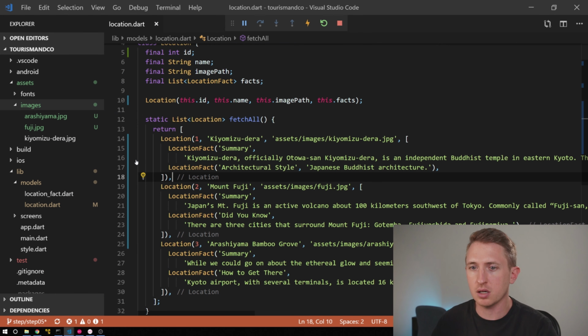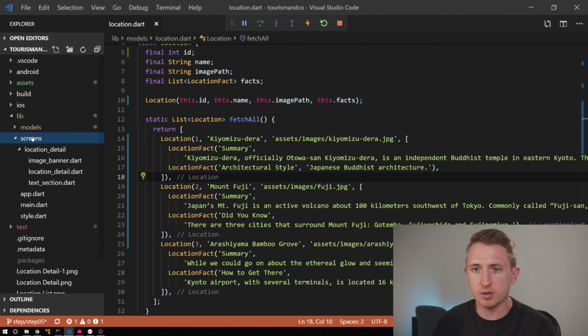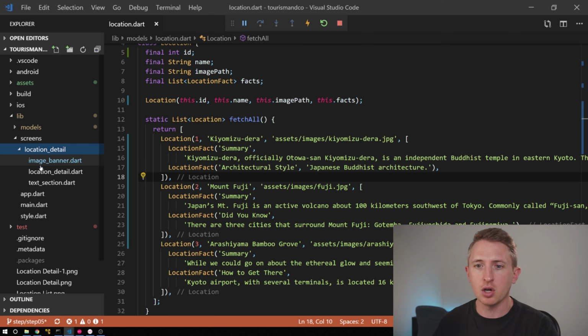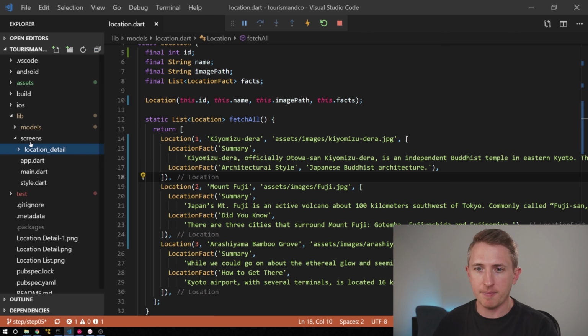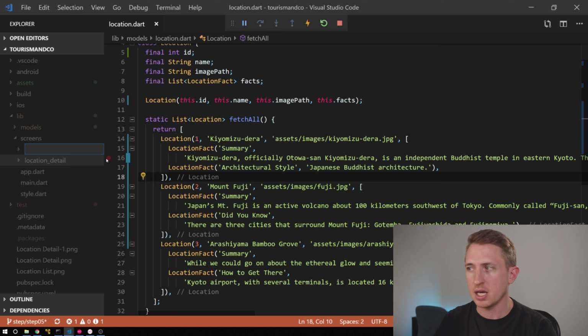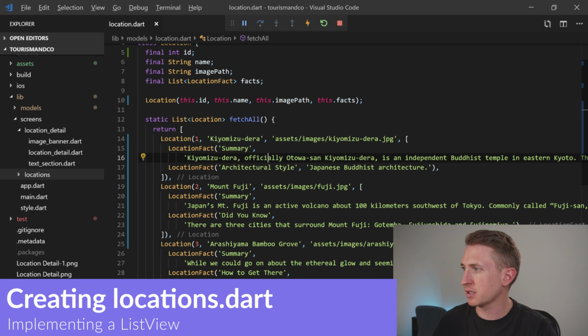Okay, let's continue here. So the screens directory shows all of our existing screens. Right now, there's one folder per screen. We already went over code organization, so this is how we're going to continue to organize our code. So I'm going to hit new folder, and we're going to call it locations, because it's basically a list of